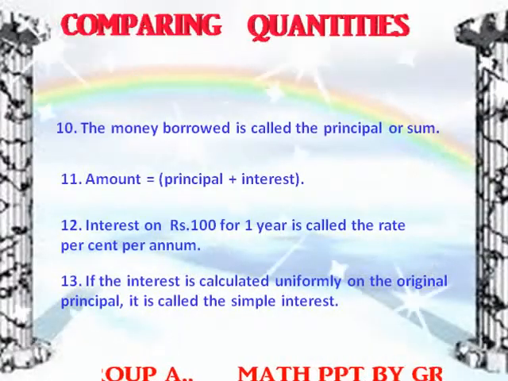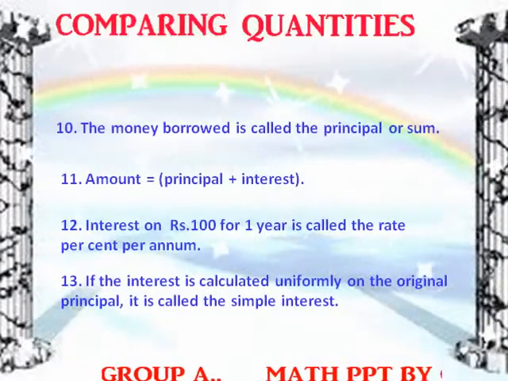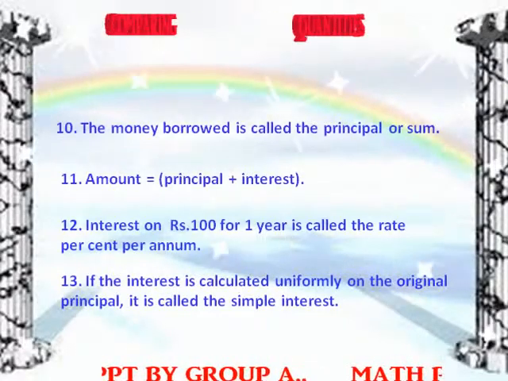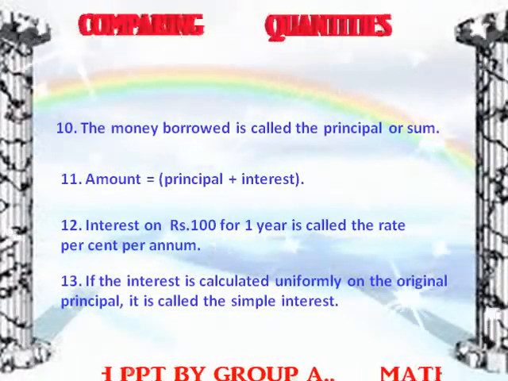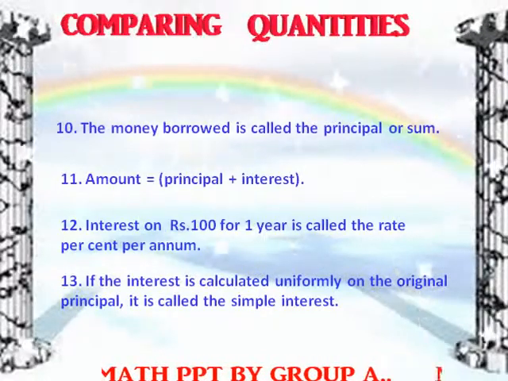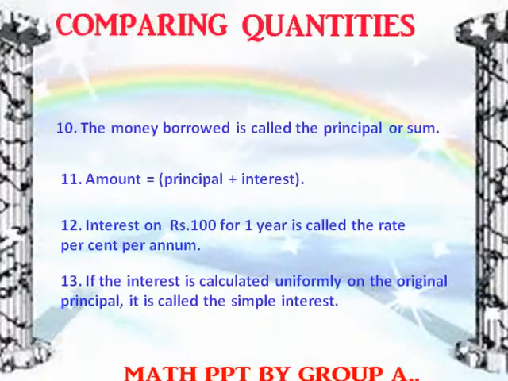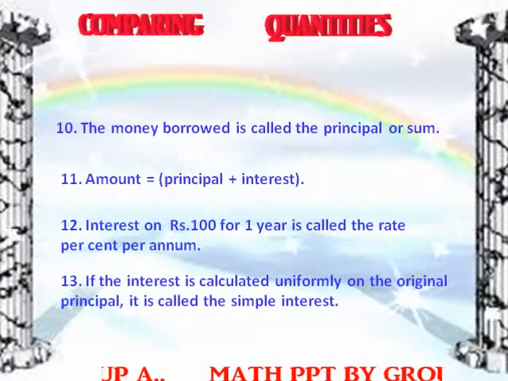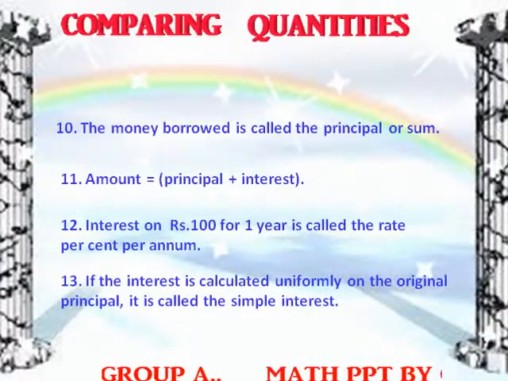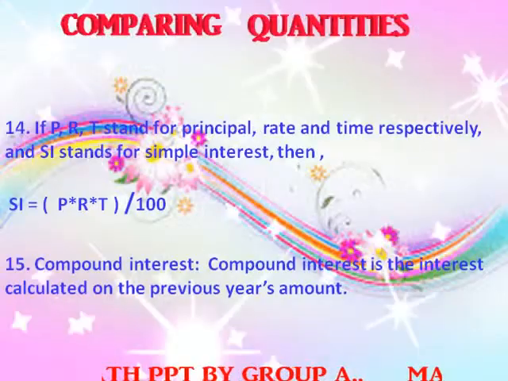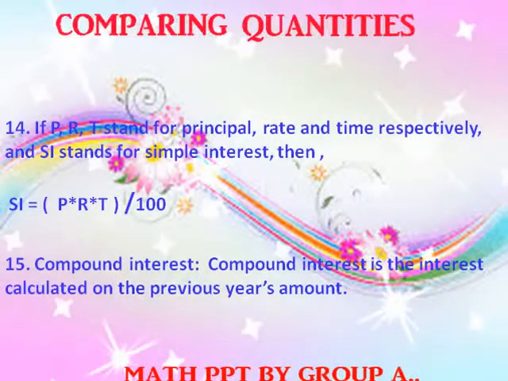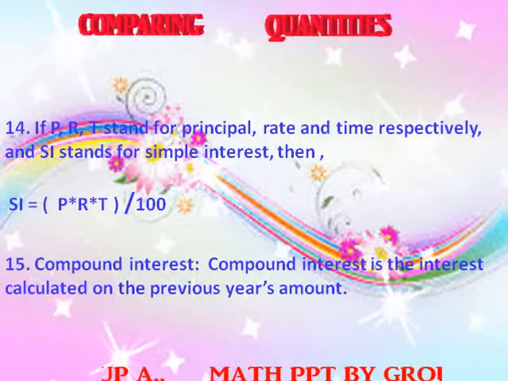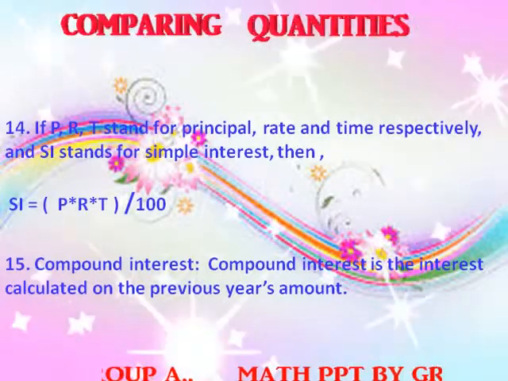10. The money borrowed is called the principal or sum. 11. Amount equals principal plus interest. 12. Interest on rupees 100 for 1 year is called the rate percent per annum. 13. If the interest is calculated uniformly on the original principal, it is called simple interest. 14. If P, R, T stand for principal, rate and time respectively, and SI stands for simple interest, then SI equals PRT